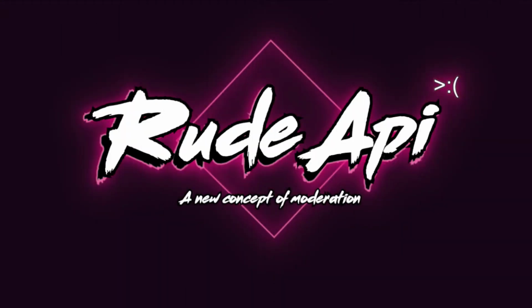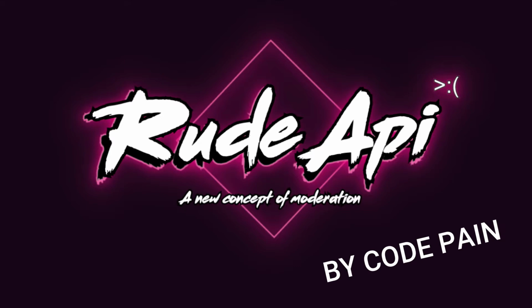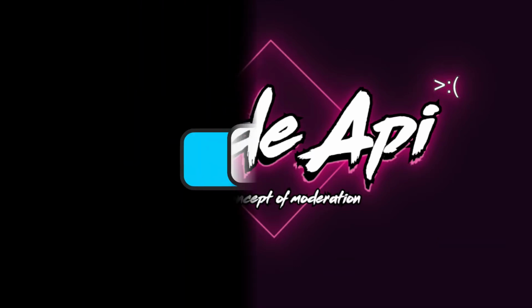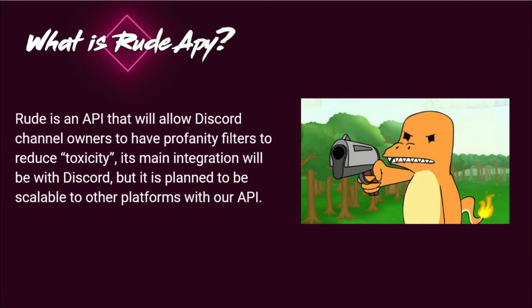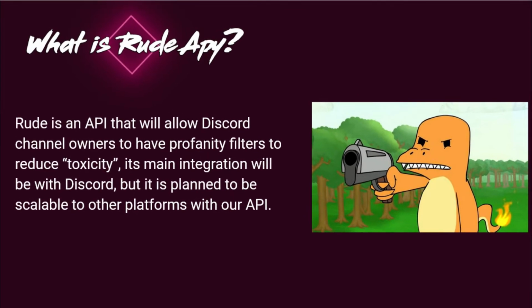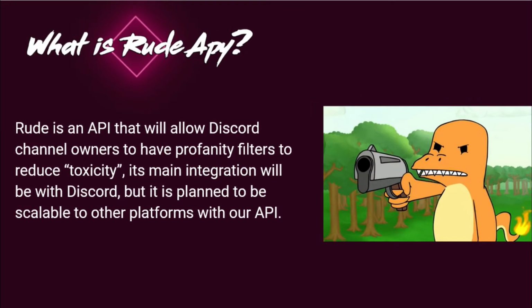Root API, a new concept of moderation by CodePaint team. What is Root API? Root API is a community tool made for the community and managed by the community, where all people can help